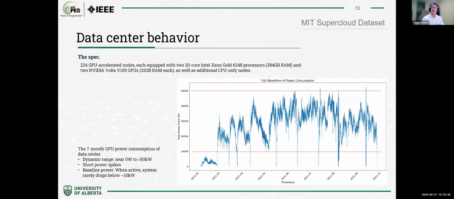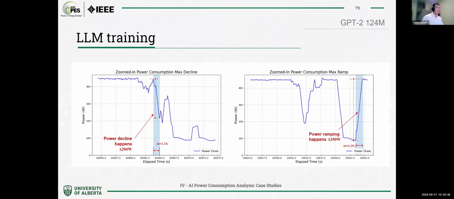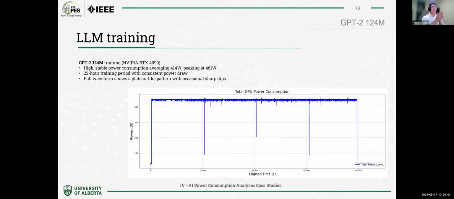Yeah. For the weekly or hourly behavior, for the training part, I think it's more algorithm determined. So we can observe a certain behavior, like the one that we show here, which is very typical. If you can imagine this model a 100 times larger, and probably not only 100, maybe millions of times larger, then the time can be weeks and months, and this behavior will be quite similar to that one. Instead of showing several checkpoints like the power dips, in that scenario the power dips will be many.